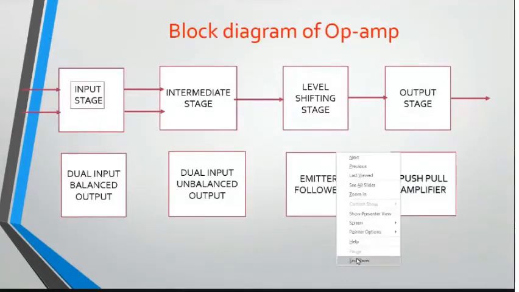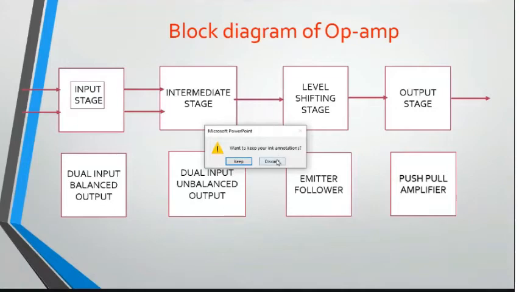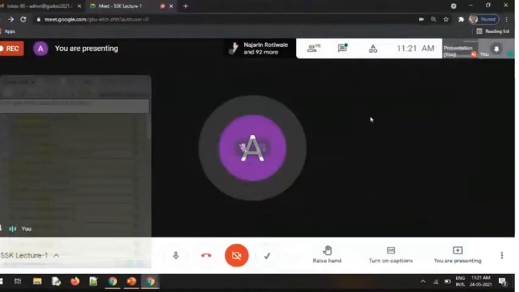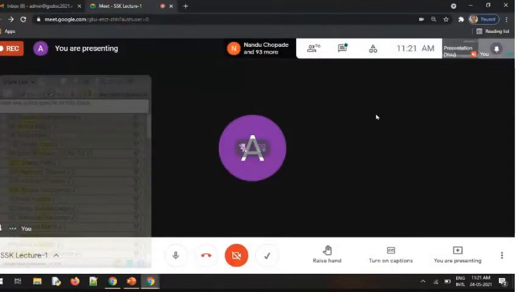Hello? Any problem? Yes, any problem here? Anything you are not able to understand? Hello? Shall I continue? Anyone? No problem, ma'am. Yes, ma'am. Continue. Yeah, you are able to get it, no?